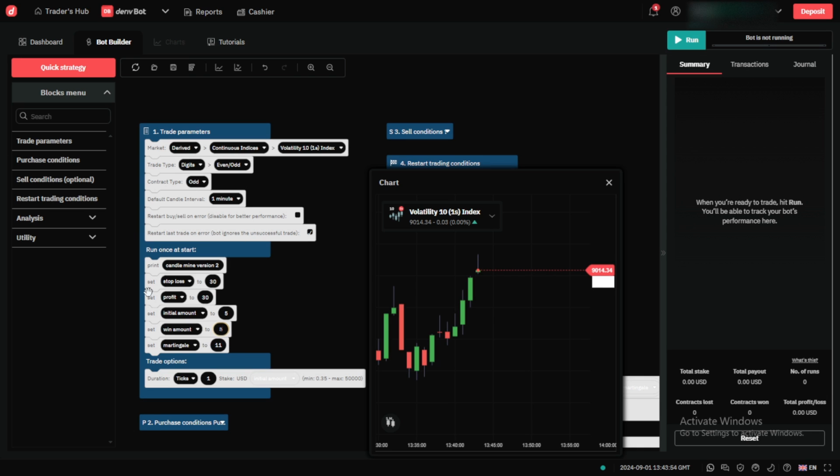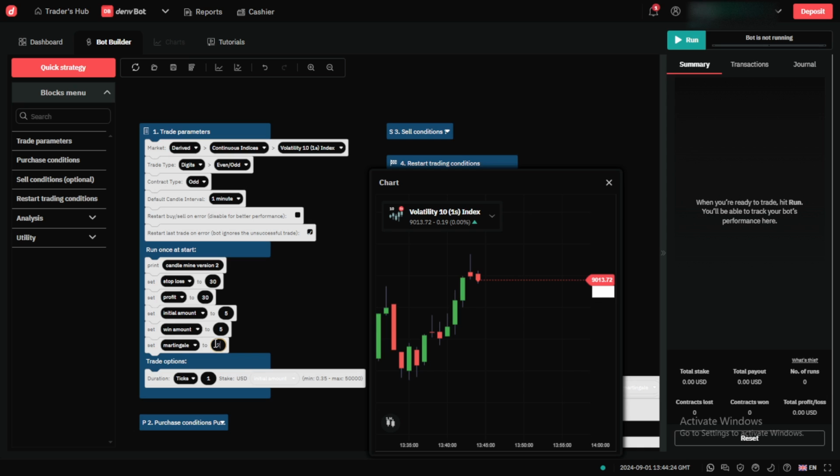Ensure the martingale. Okay, when trading even odd, it's not a must use martingale. Okay, you can use martingale at your own discretion, but it's not a must. All right, but if you want to use it, use a martingale of 2. And ensure when trading even odd, guys, ensure your account is above $10. Okay, whenever you are using a bot, ensure your account is above $10 so that you can be able to